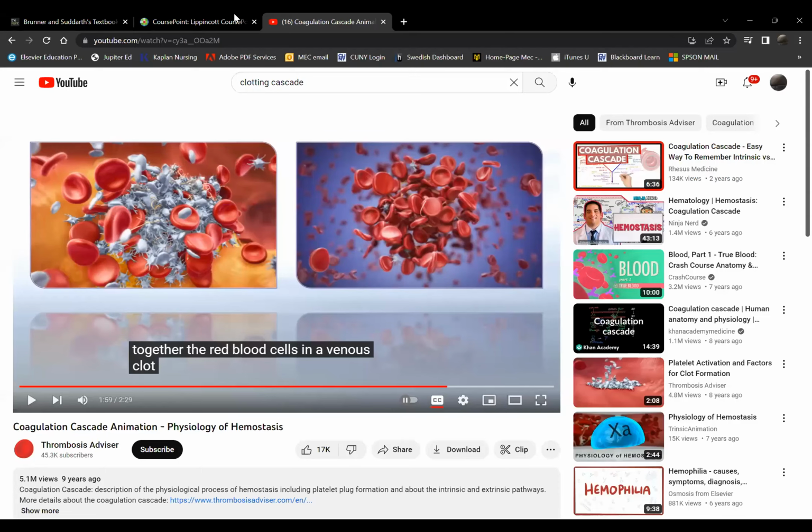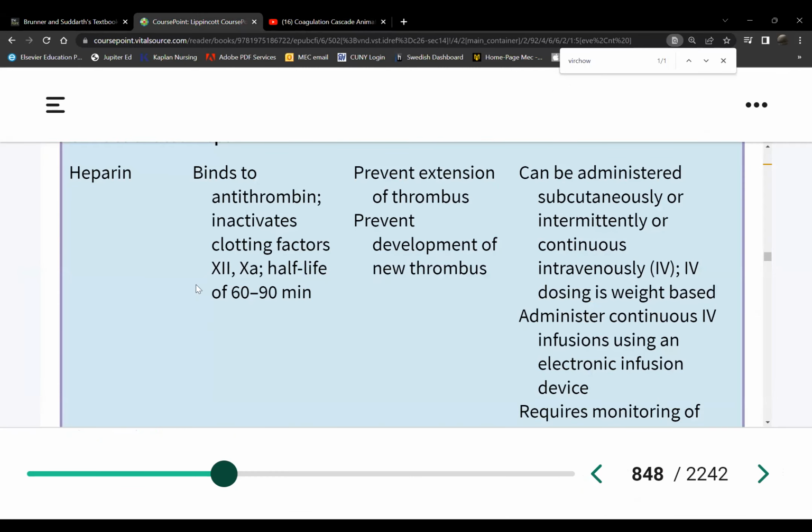All right, so let's go back here. Any question on how heparin works? So therefore, does heparin take time or work immediately? It works immediately. So that's why, which is the first choice? Heparin first. Can we send the patient home on heparin though? That's the problem. So we will only put the patient on heparin in the hospital. But does it provide immediate anticoagulation? Yes. Look at the half-life, only 60 to 90 minutes though.